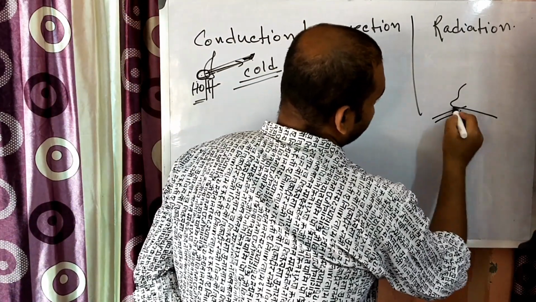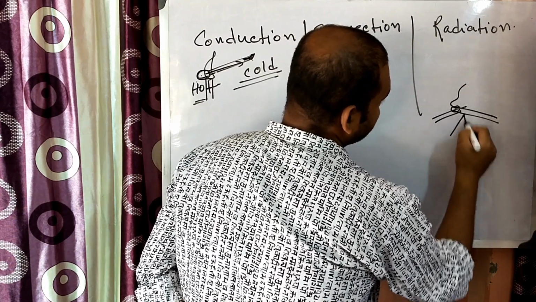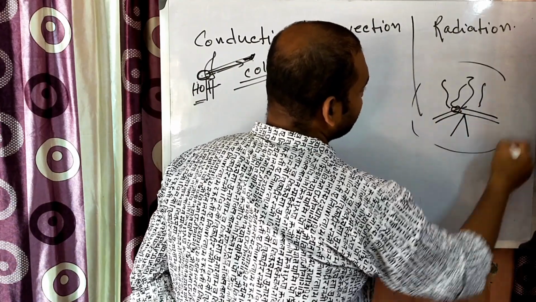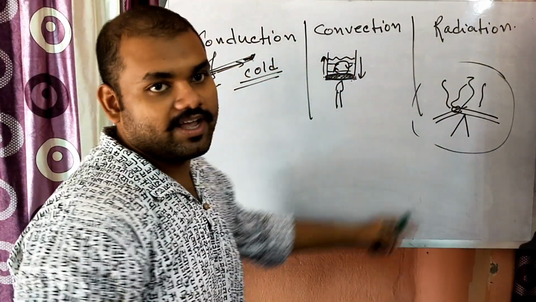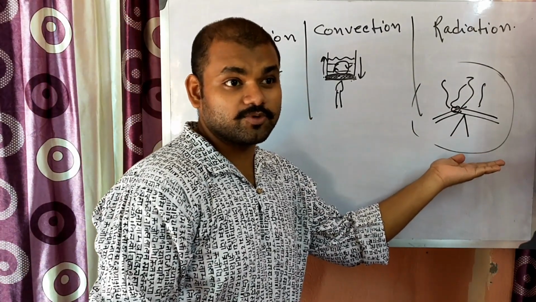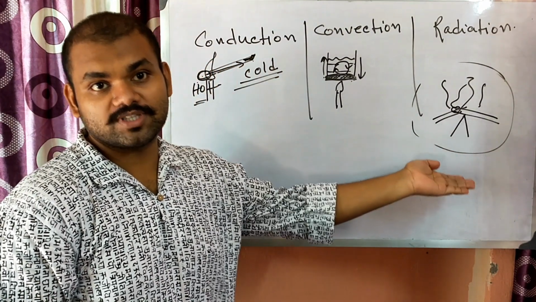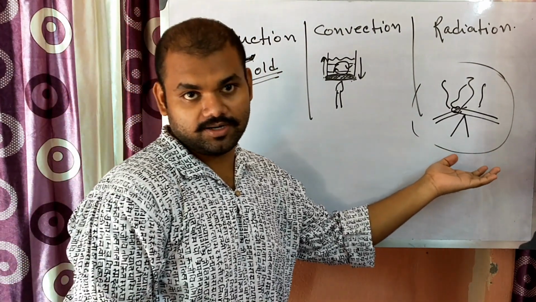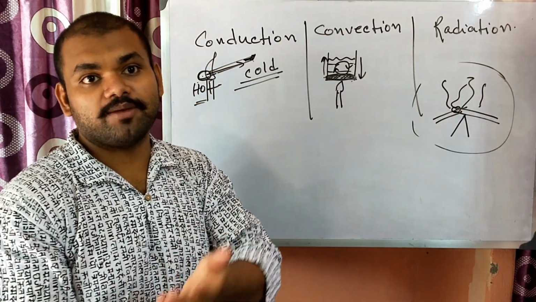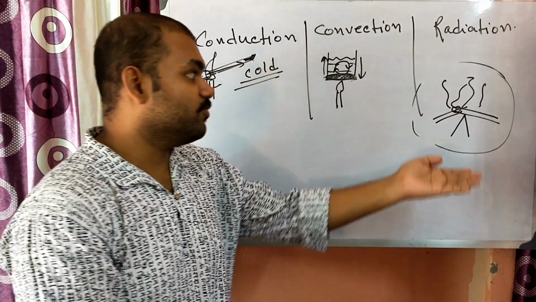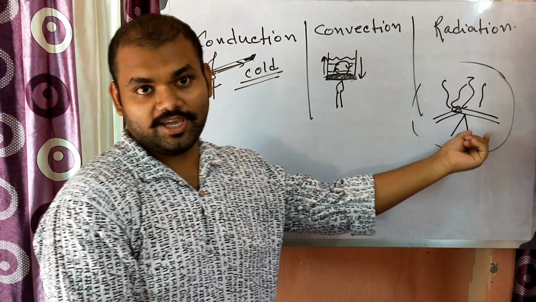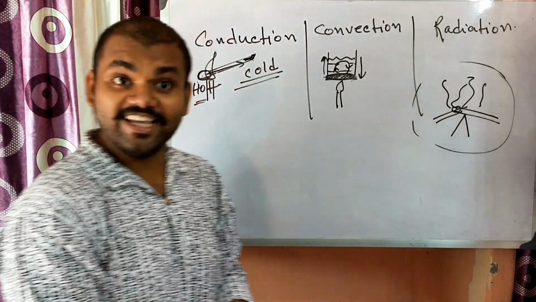Okay, we used to light a fire like this, and we sit surrounding that fire, and we can get heat from that fire, or we can feel the heat. Or suppose you are in your kitchen and you want to cook something, so you will feel the heat from that burner. Ask your mom or your dad, or yourself, you can go and make something in this quarantine period, and you will get to know how radiation heat feels. Or you can feel the radiant heat rather.